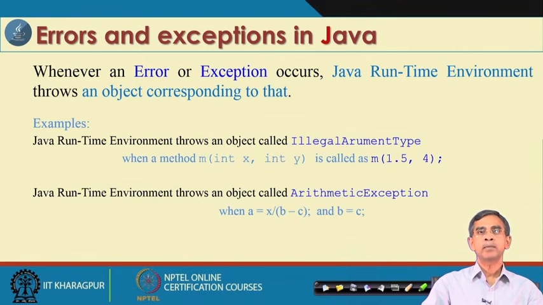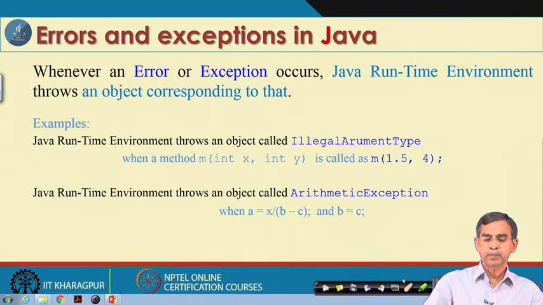Now, whenever the Java runtime system finds an error, in lieu of abnormally terminating the program, it throws an exception, and the Java programmer should have the facility to catch the exception, so that it can bypass this error, and for the rest of the part the program can be executed successfully if it is correct. So, this is the concept. Whenever there is an error or some abnormal thing occurs, the Java runtime environment will catch it and throw it, and then the Java program will process it, so that abnormal termination can be avoided.